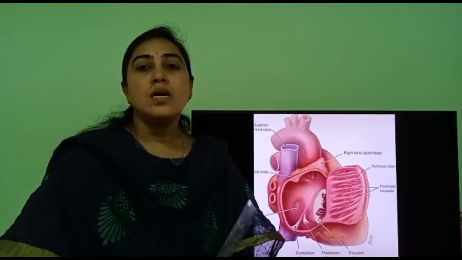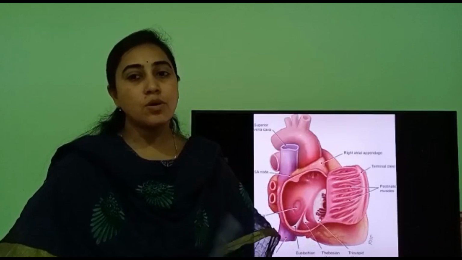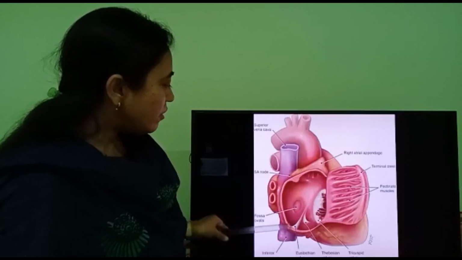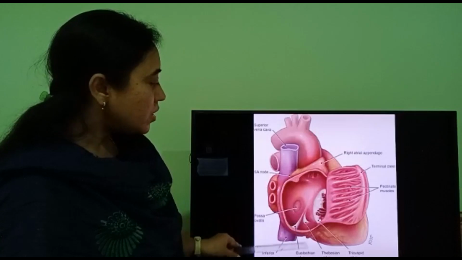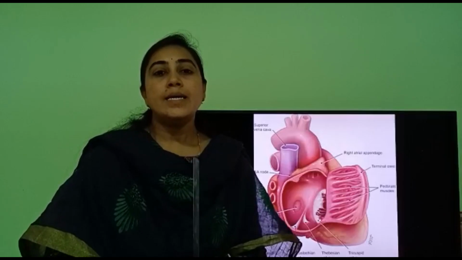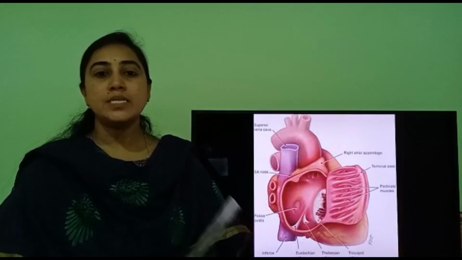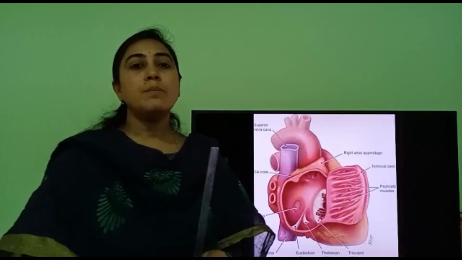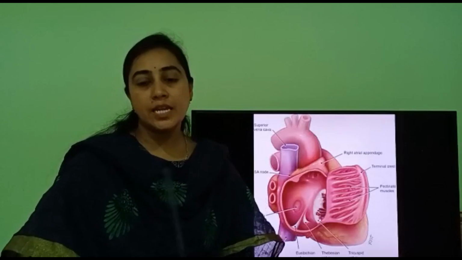And the post-caval vein, which opens into the right atrium, is also guarded by a valve. It is called the Eustachian valve. Here you can see the Eustachian valve, where the post-caval vein opens into the right atrium. It directs the blood to the left atrium through the foramen ovale in the fetal stage, but in the adult stage it becomes non-functional. The opening of the precaval vein into the right atrium has no valve.